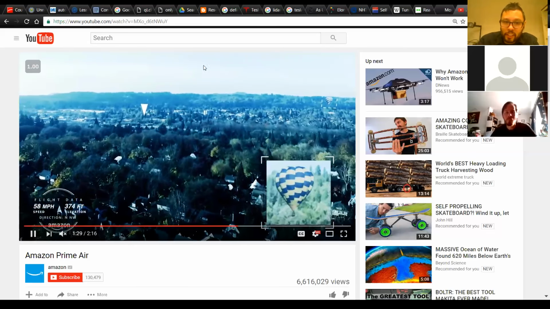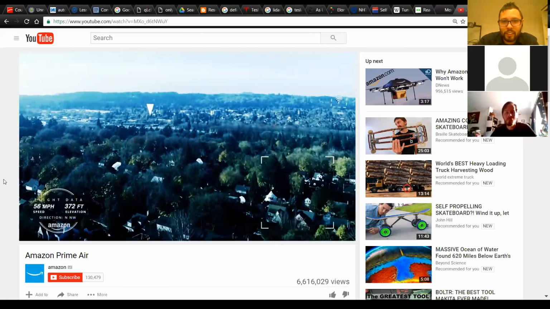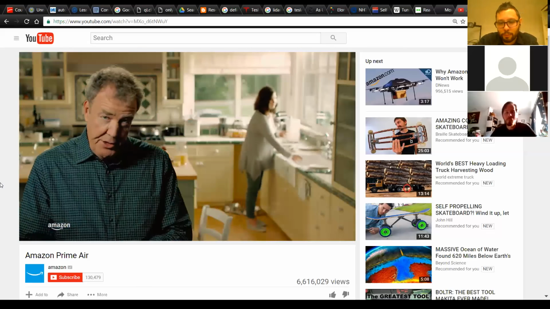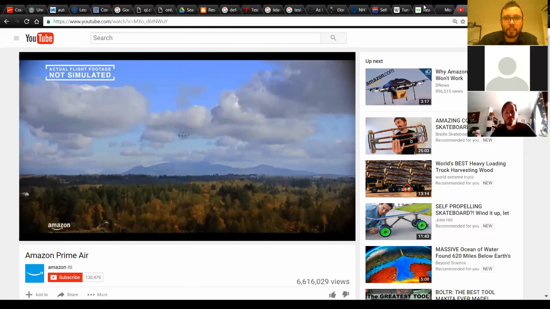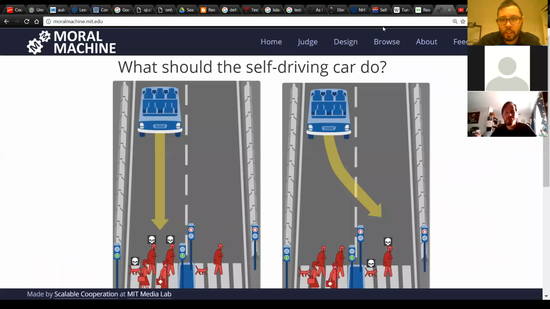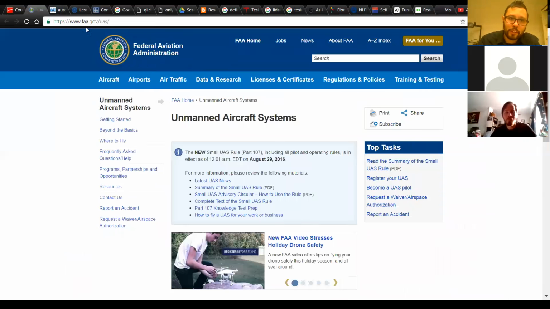For Amazon to do something like this, they would need permits and licenses, and there's no permitting process to do anything like this yet. The FAA is supposed to come up with these regulations, and they're making some progress, but they're being very, very slow about it. So we don't really know how this works for commercial applications, but also for civilian applications. So for instance, the press,